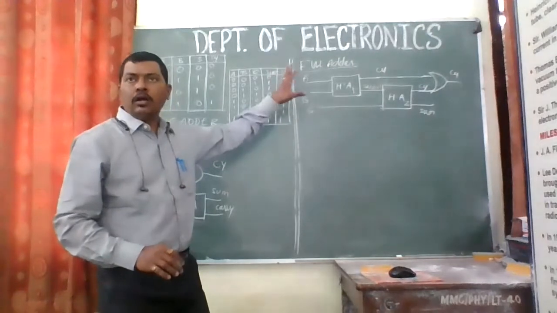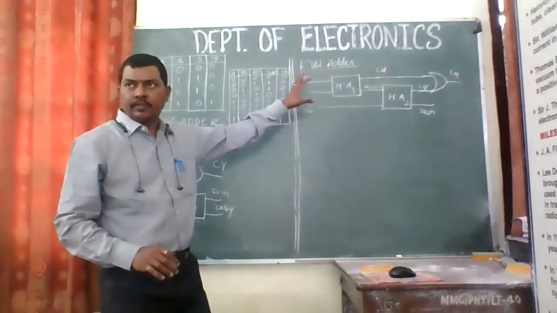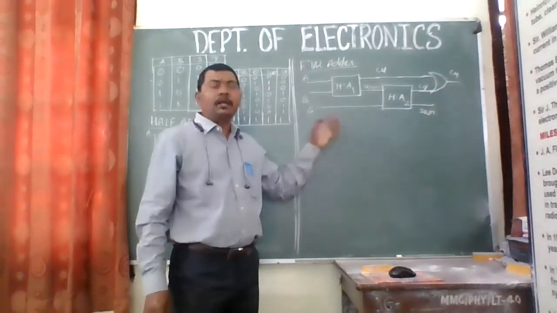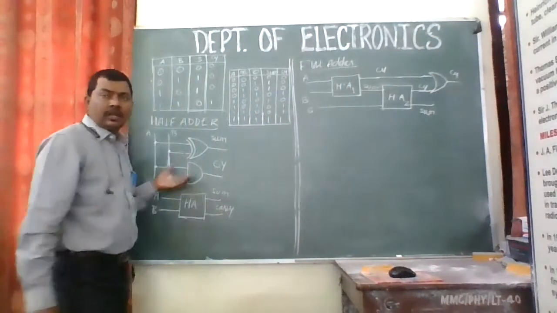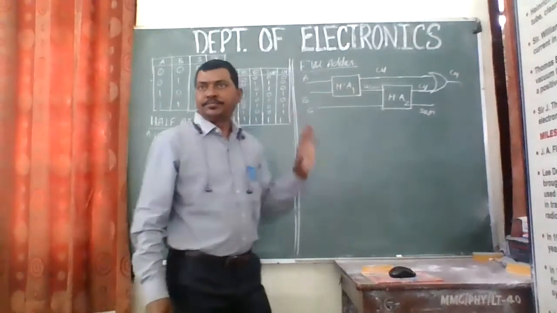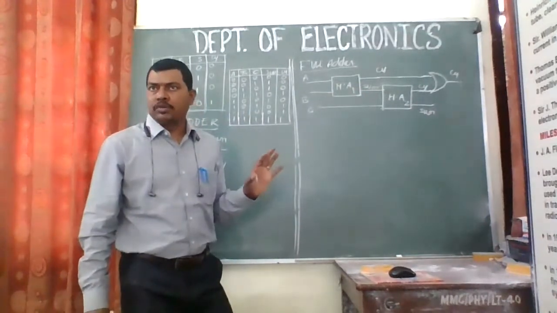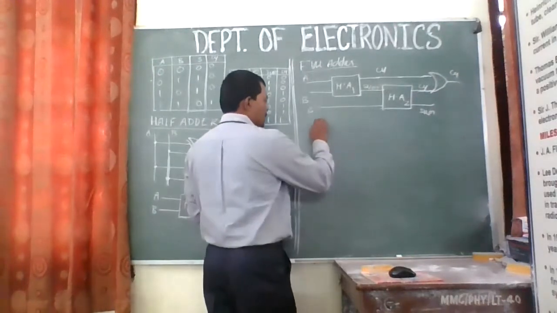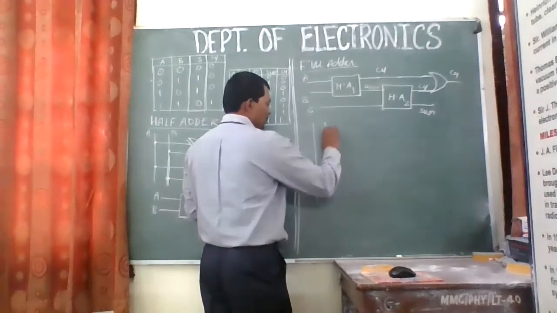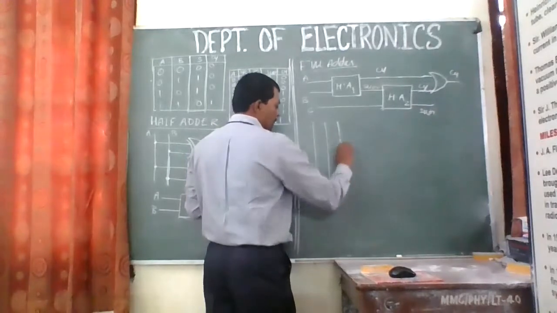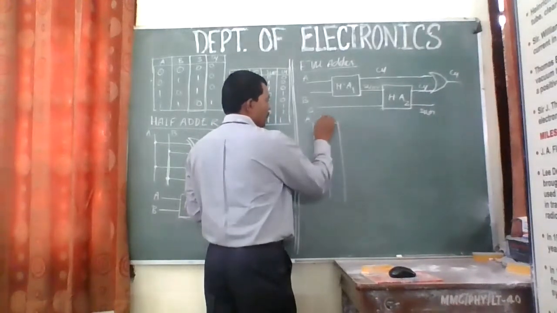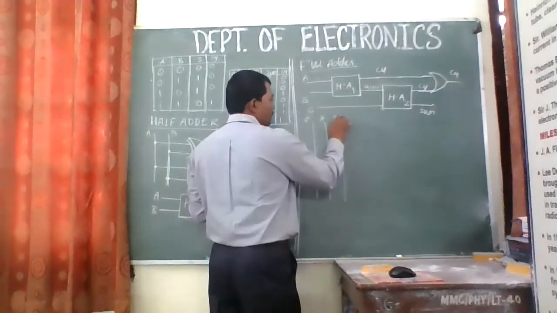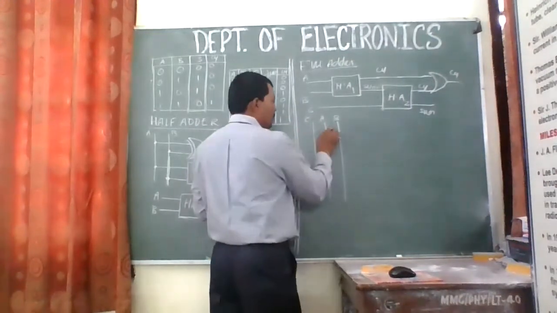So this is a full adder circuit. Now this is just a block level diagram. Now if you want to implement that, you'll be using this circuit in both the half adders. Then only you can implement. So we'll try that also. Let us try on that. So in this case, I will be again using three input lines, A, B, and C, like we have used there. So I will call this as C, and these are A and B likewise.